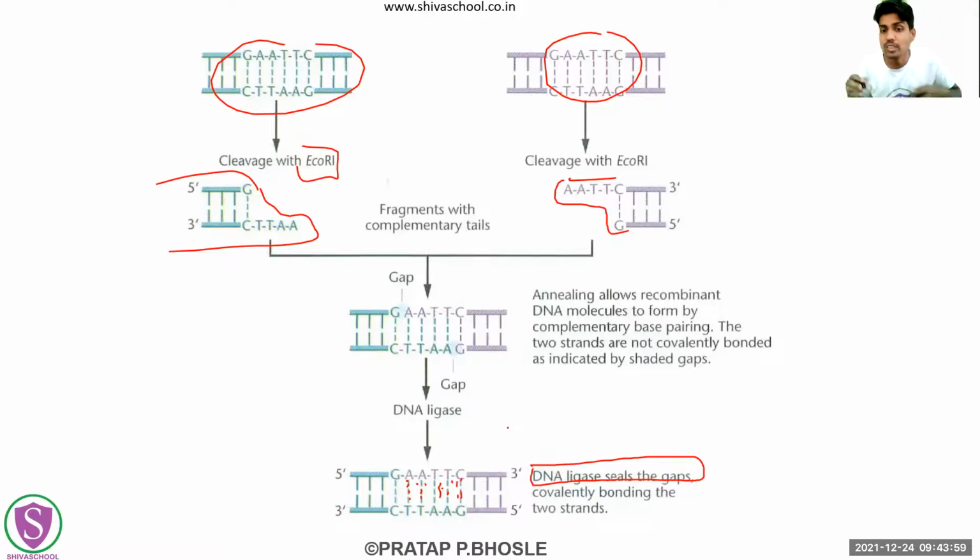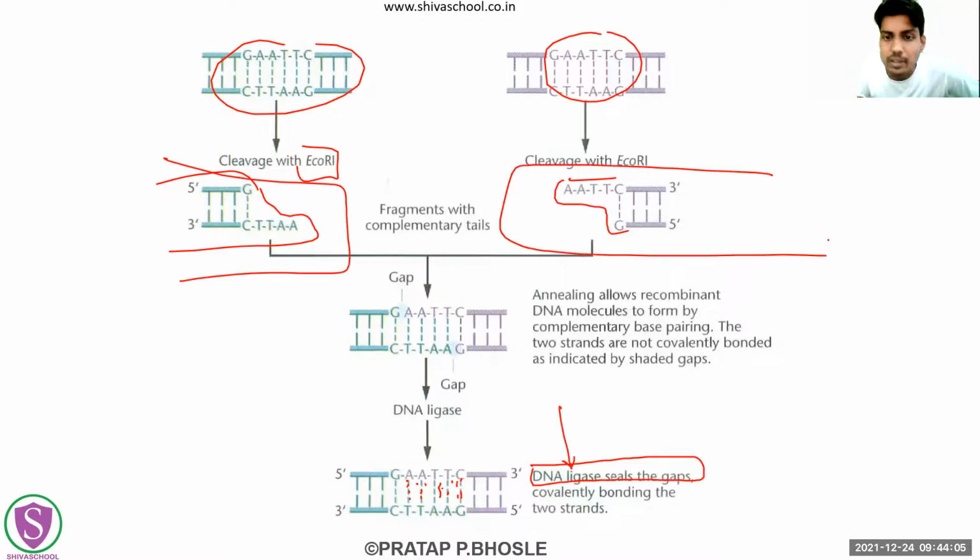With the work of these DNA ligases, ultimately these strands which were separated get joined again, because you want that joining to happen again. You cannot just leave that DNA as it is. So this is done by the DNA ligases. This is the last part of this technology. Here, this recombinant technology technique comes to an end.